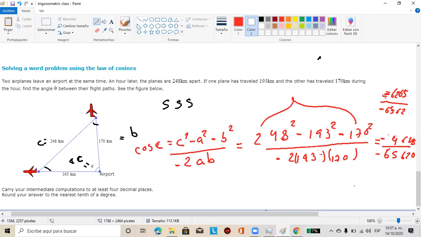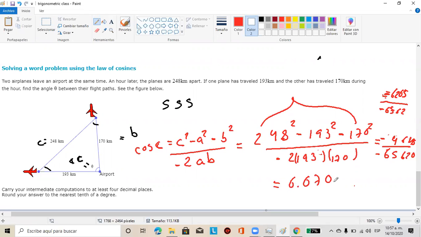Okay, so now let's divide this over the other one. And yeah, we have, well, you say that it's